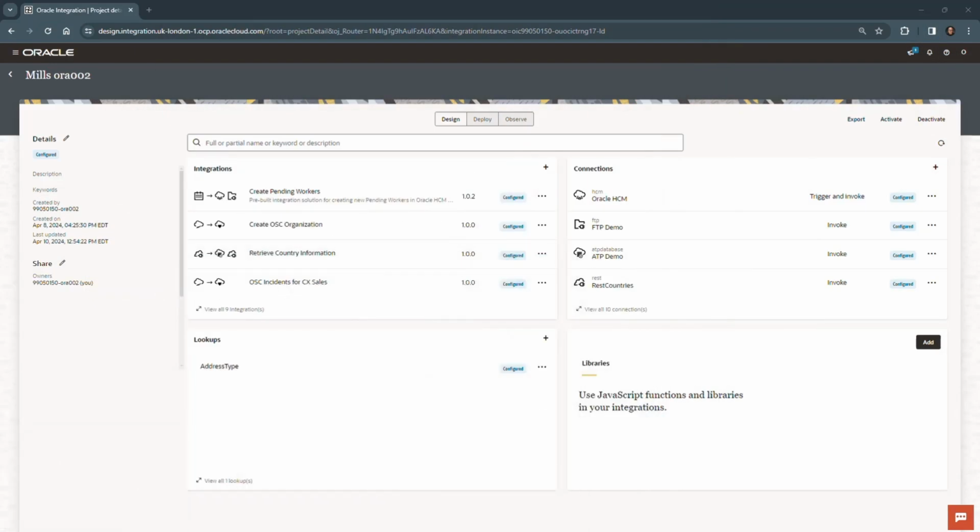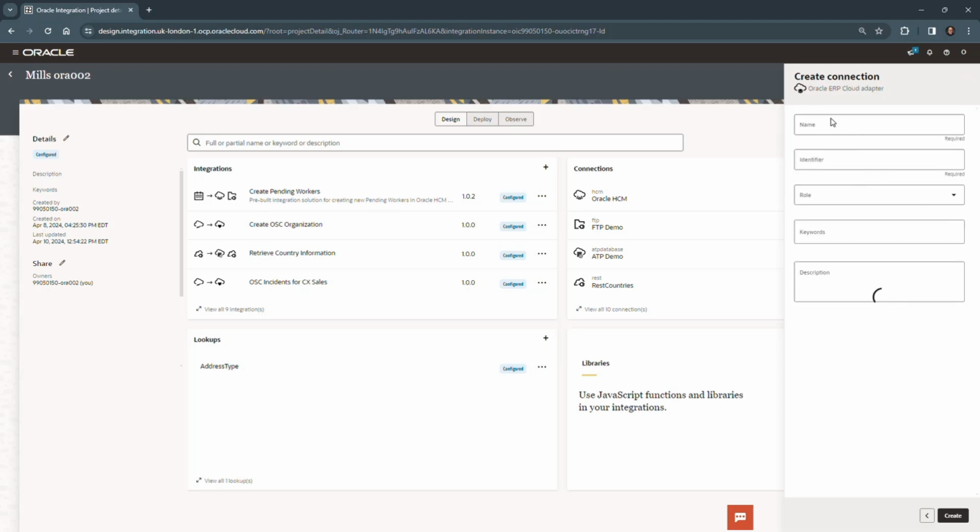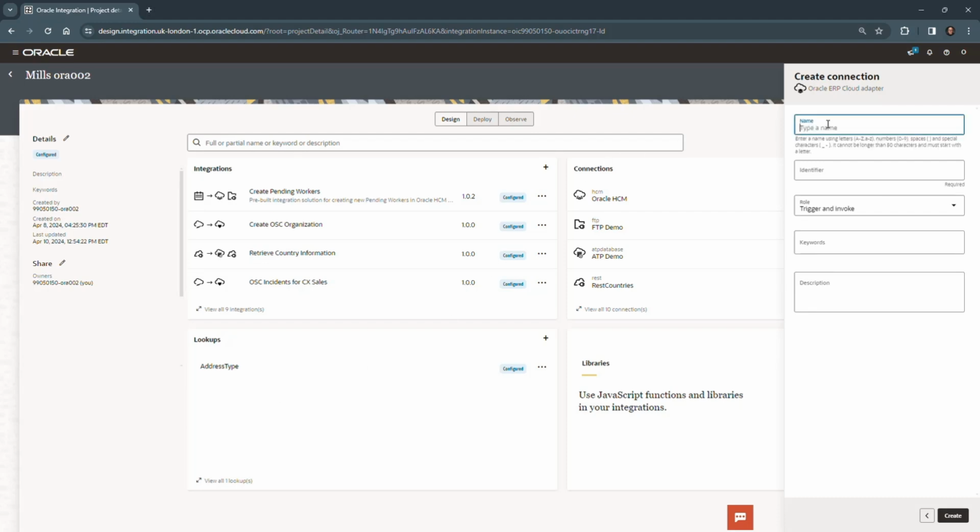I will, now that I have those credentials, move to step 2. We're opening the console, moving over into our project, and going to create a new connection. We'll search for ERP, and we want Oracle ERP Cloud. The name of this connection is going to simply be Oracle ERP. And we're going to use, once again, both the trigger and invoke role. Although, again, in this particular lab, we're only going to be using the invoke role for a connection configuration. Click Create,